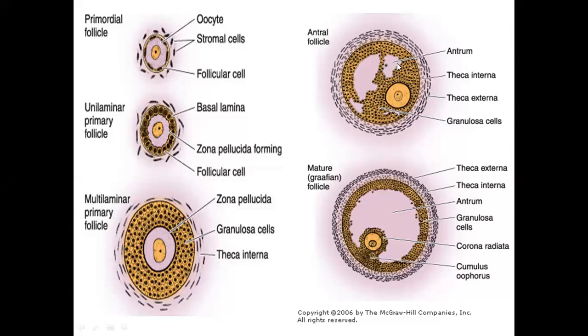granulosa cell layers. Outside the granulosa cell layer, we have a fully developed stromal layer that is termed the theca layer. This theca layer has an inner cellular component and an outer fibrous component. It is important to remember that the theca layer has two sub layers or parts. The inner layer, which is adjacent to the granulosa layer, is more cellular, so this layer is termed theca interna, and the outer part of this theca layer, which is more fibrous, is termed theca externa.